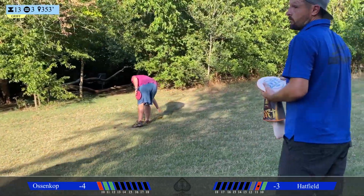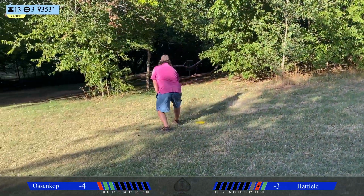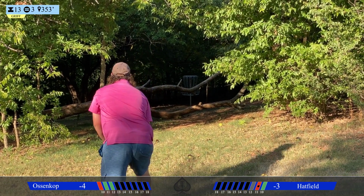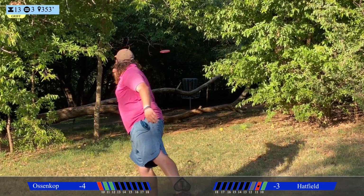That two. Gavin's looking at almost the exact same thing. He's already had a putt under a branch this round. Let's go over. And you think he's going over or under? I think he's going over. Is he gonna...